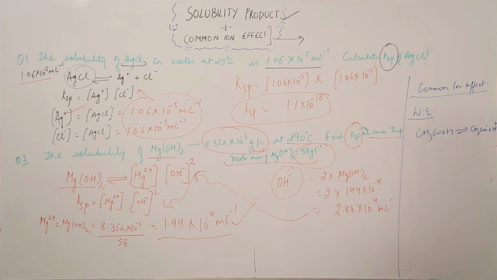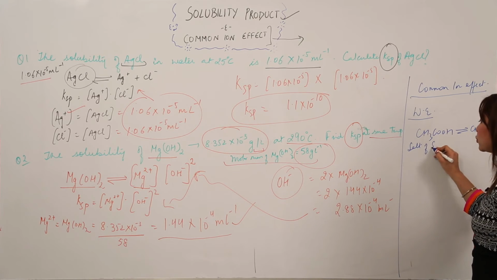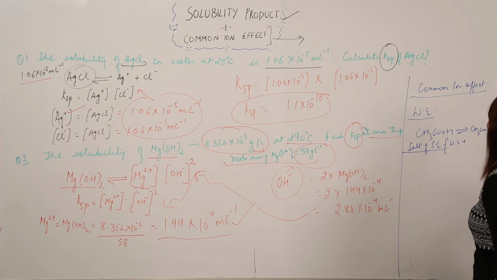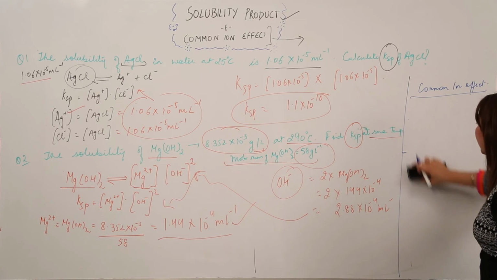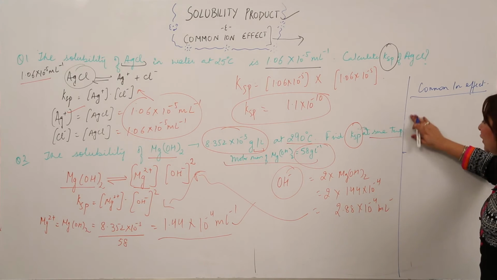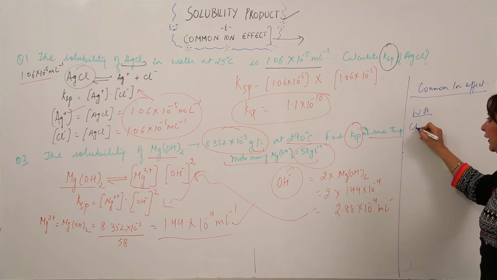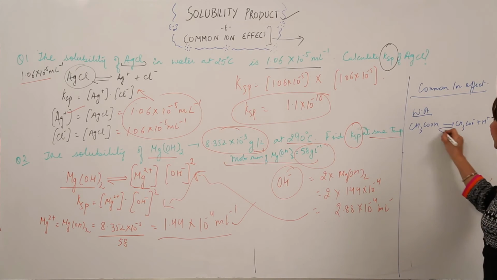Now what I am doing is adding to it the salt of a strong electrolyte, which is formed from this weak electrolyte. Or rather, we'll take the acid-base example, it will be more convenient for you to understand. Just look at the board again. So what is this common ion effect? Suppose I take an example of a weak acid, again acetic acid. There exists an ionic equilibrium, you know that.